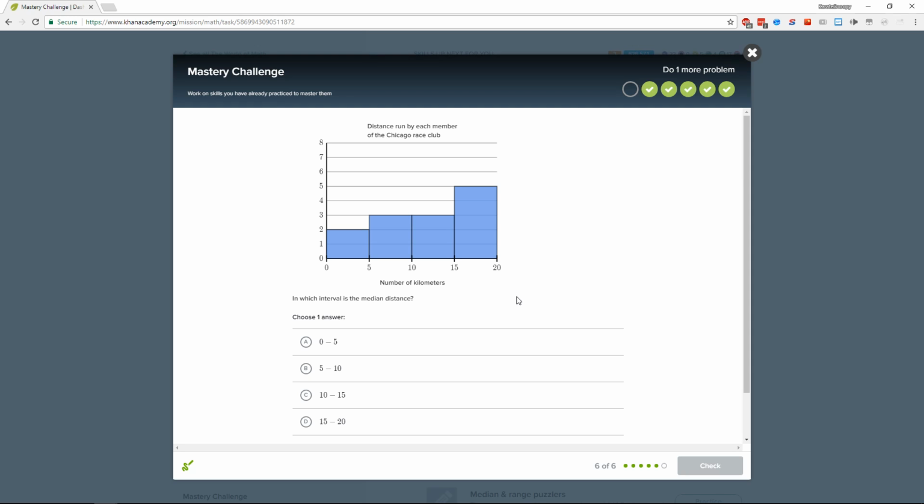At which interval is the mean distance? Distance run by each member. Number of kilometers. Median distance. I think it's going to be a